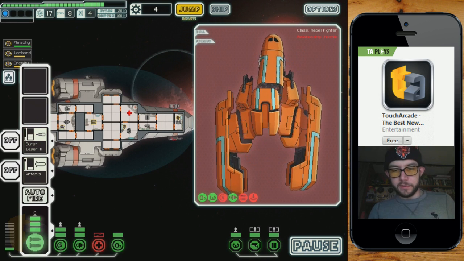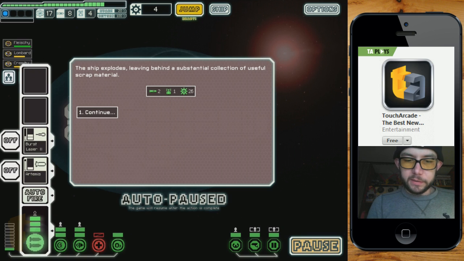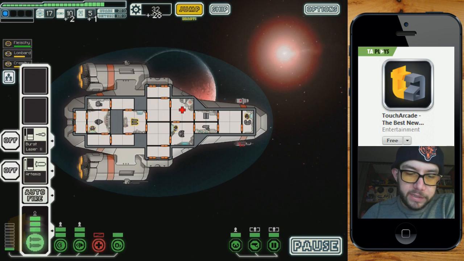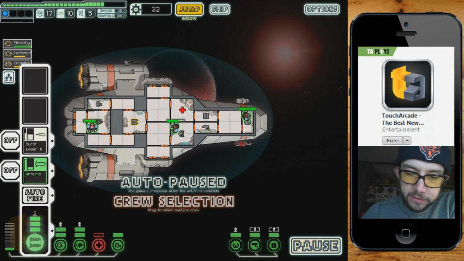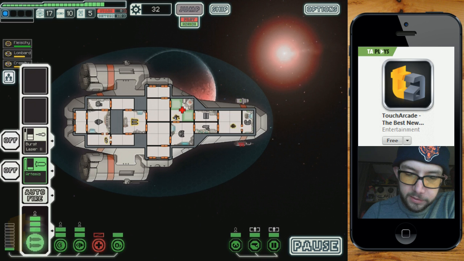Cool. Alright, so the ship explodes, leaving behind a substantial collection of useful scrap materials. So 2 missiles, 1 drone parts, and 26 scrap, which is augmented by the scrap augmentation stuff that we got before. So to just make things nicer, let's repair the medbay,